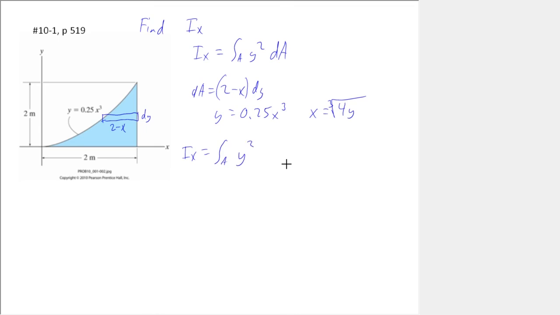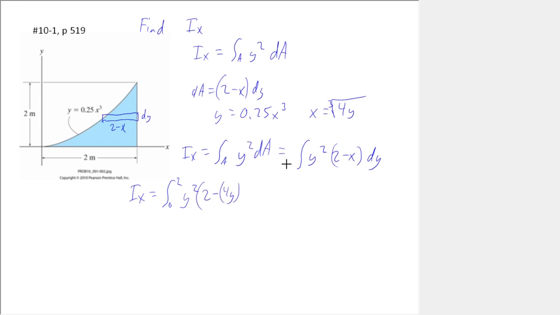Now I'm going to say that Ix is equal to the integral over the area of y squared dA. I'm going to plug in my dA. So that's going to be equal to the integral of y squared times 2 minus x dy. I have a dy here, so I don't want this x in here anymore, so I can perform the integration. I've got to substitute that in. So Ix is going to be equal to the integral from 0 to 2, because we're going in the y direction, of y squared times 2 minus